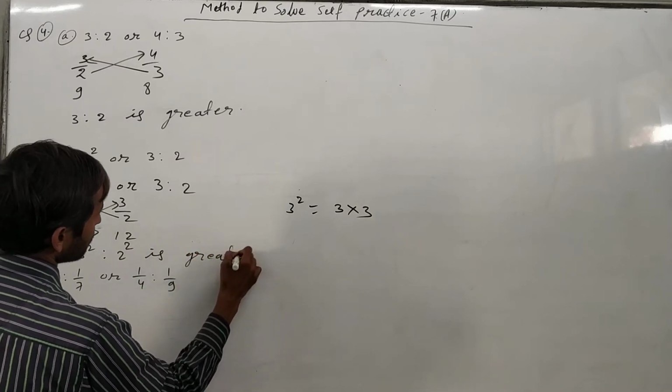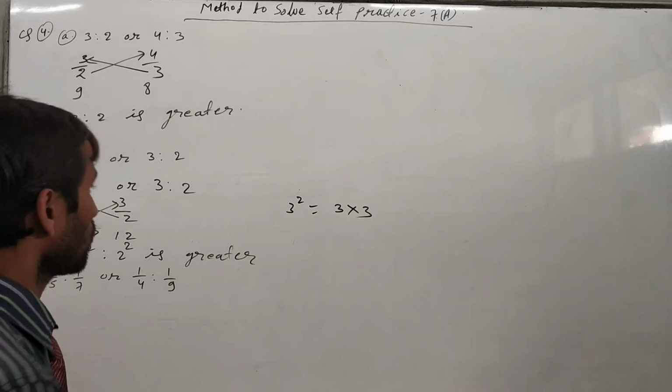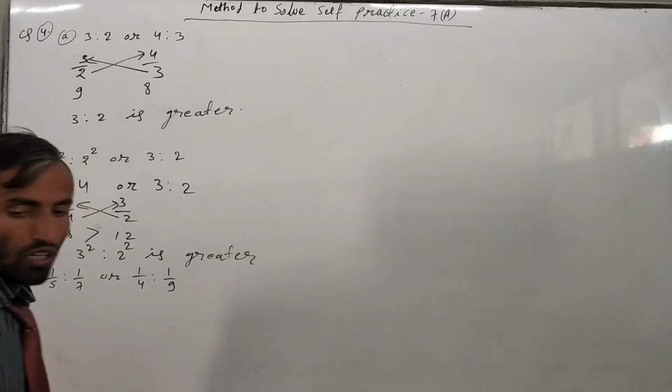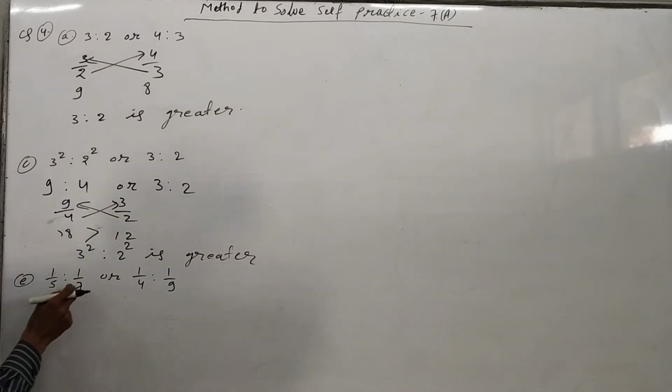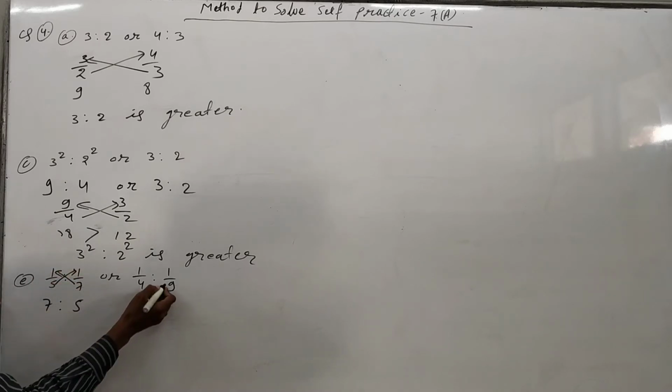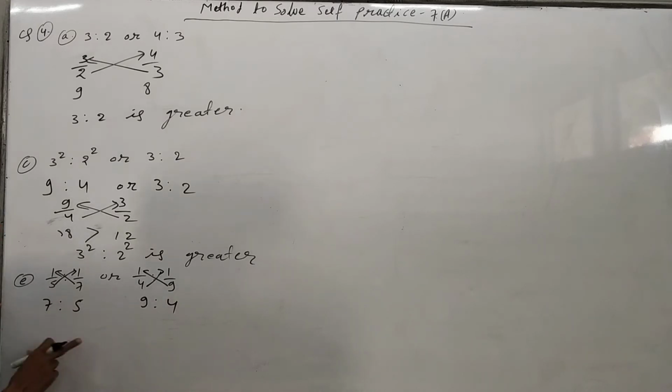This is the answer. Now next one, here a fraction and ratios are given. So these ratios are given as fractions. So first of all you convert into simplest ratio. So again just cross multiply in this only, for converting to the simplest ratio. So 7 is to 1, 5 will come here, and this one here. Again here this one, and here this one. So 9 is to 4 will come. Now check. For that we have to write into fractions 7 upon 5 and then 9 upon 4. Now cross multiply in both of these.